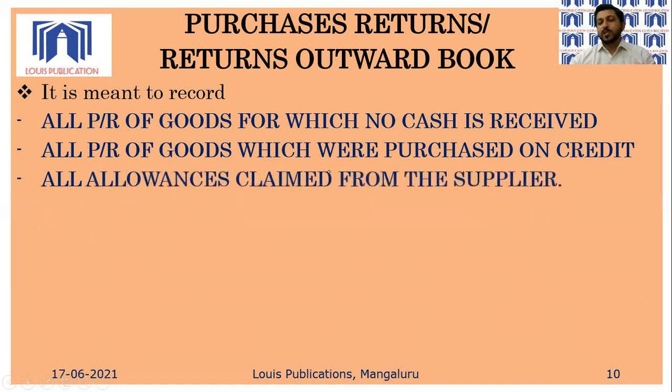And third type of transaction that is recorded in purchase returns book is allowances claimed from the supplier. Let's take an example. I am a showroom, electronic showroom manager or owner in Mangalore. And suppose I have ordered 10, say 72-inch television from Samsung, a distributor in the Karnataka state. And suppose the distributor has supplied me 10 television sets, but when I open the boxes, I find that these are not 72 inches, these are 48 inches television or 54 inches television. So they have supplied goods to me, which I have not specified.